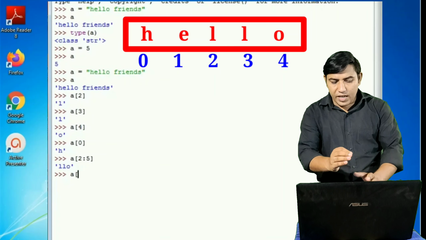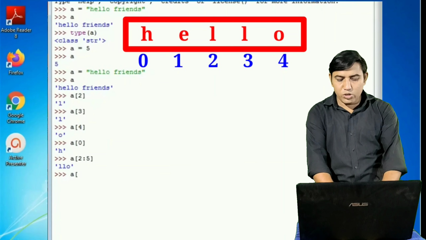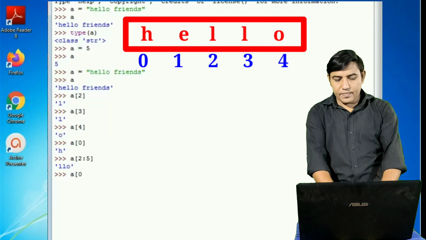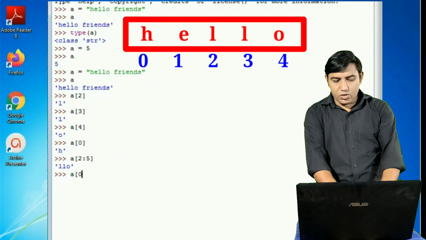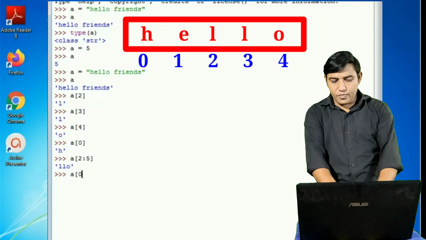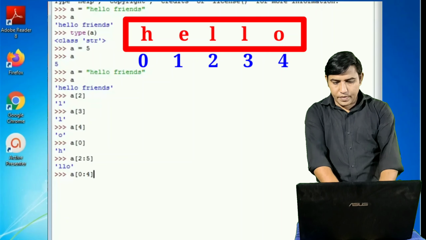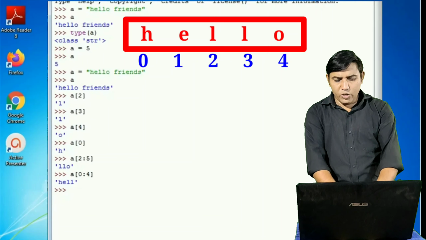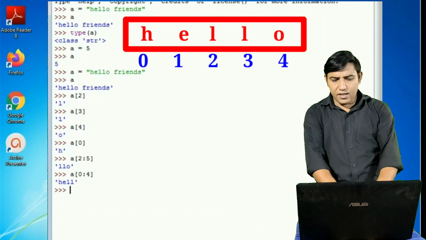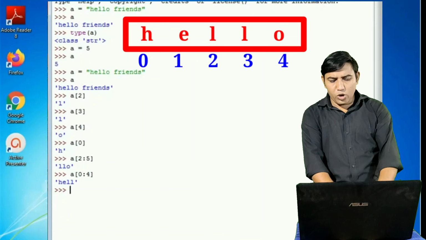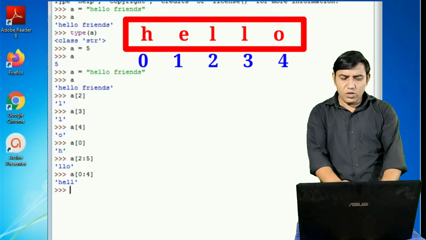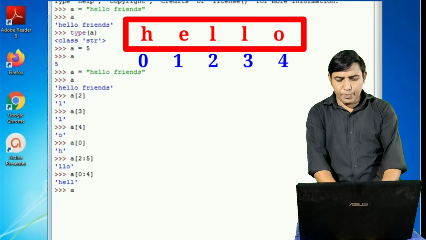Whenever we write the last value, the last value is not printed. Like A of 0 colon 4: it means the first 4 values are printed, "hell". Now index 4 is not printed. Whenever you write it, there is 1 less number printed.